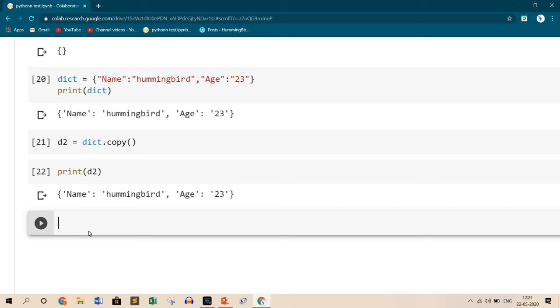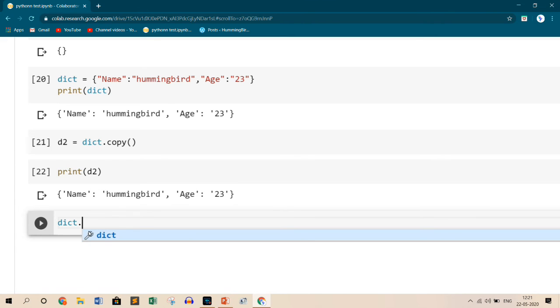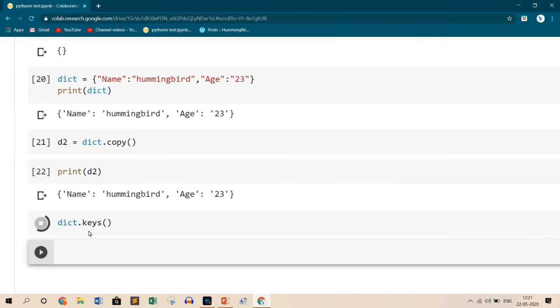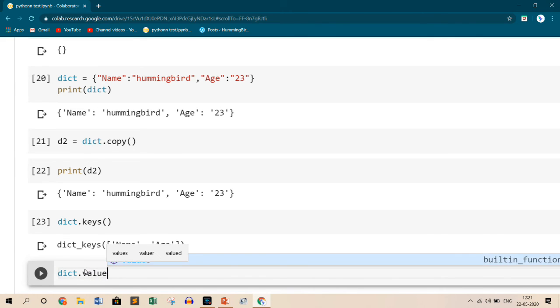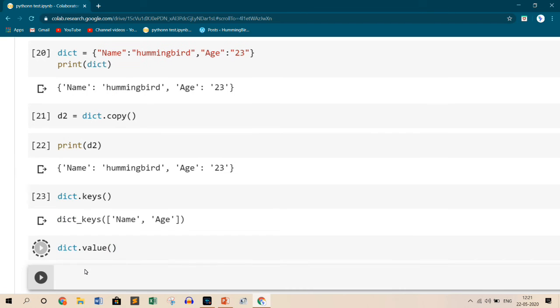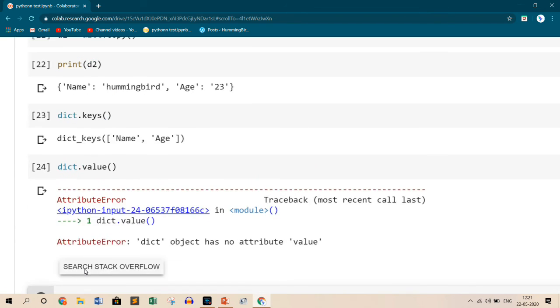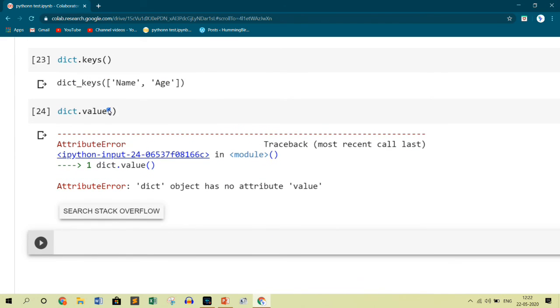You can also try to access the keys in a very simple manner, all the keys. As we saw earlier, what you can do is just call the dictionary and then write keys. And if you do this, you'll get all the keys inside the dictionary. If you want values, you can simply change the key to value, and then you'll get all the dictionary values inside the dictionary. Sorry, the spelling is wrong here. Should be values.